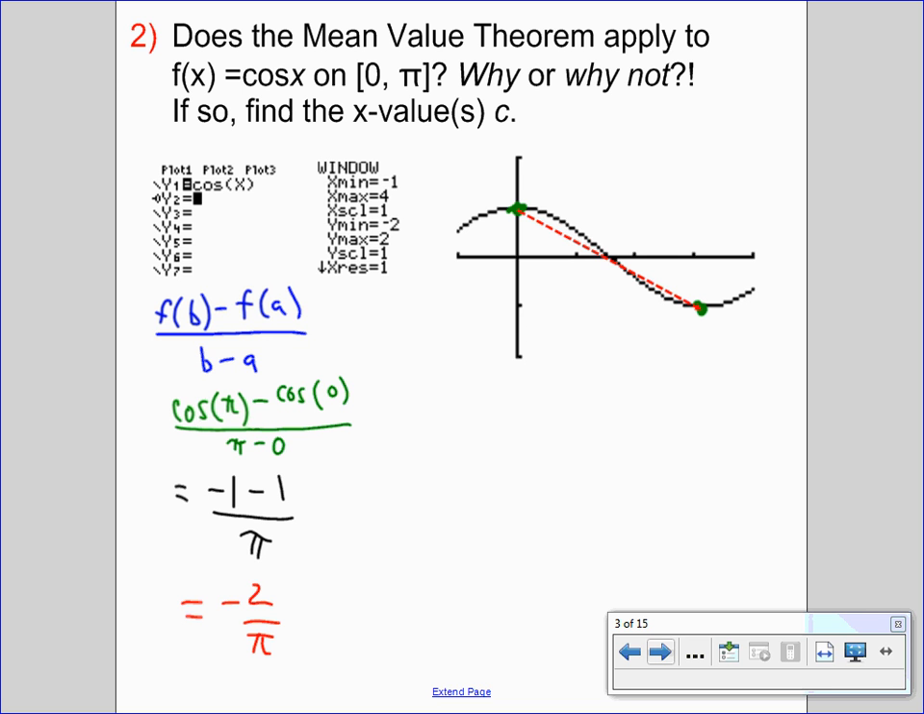So let's go ahead and find the derivative of f of x. So f prime of x is the derivative of cosine of x. So that goes to what? Opposite sine of x. Is that right? Opposite of sine of x. And we want to see where the opposite of sine of x is equal to negative